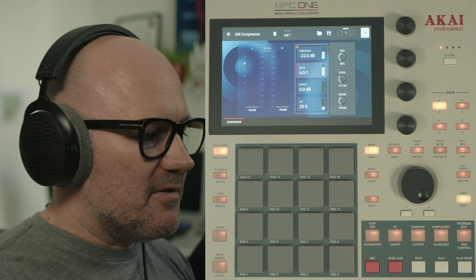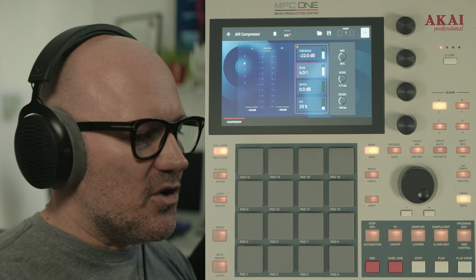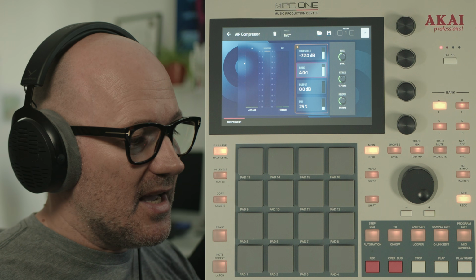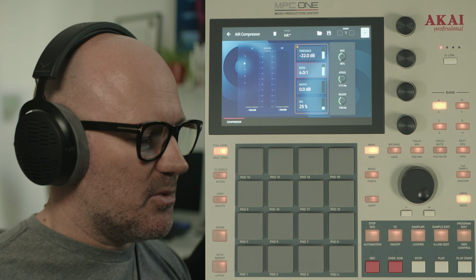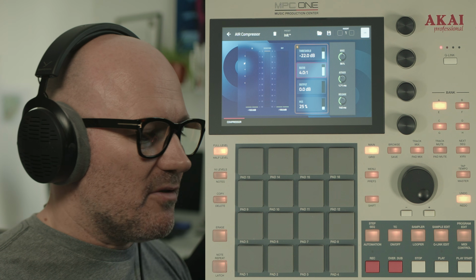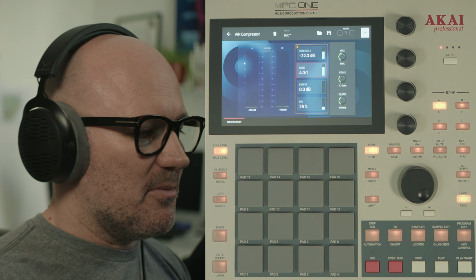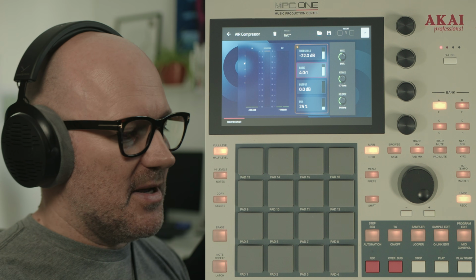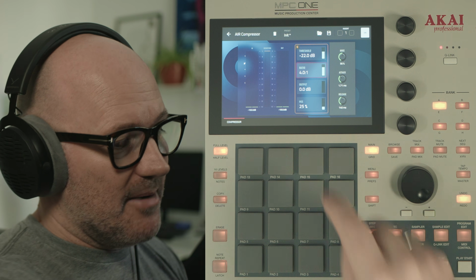So you're kind of tied in. You don't have control over your dry signal anymore because obviously you've got the insert effect rather than a send effect, which I'll show you in a second, and you don't have as much control over that. But there's nothing wrong with it. It's a quick and easy way to do parallel compression, and obviously with modern compressors in the MPC and VSTs, you have that mix knob,